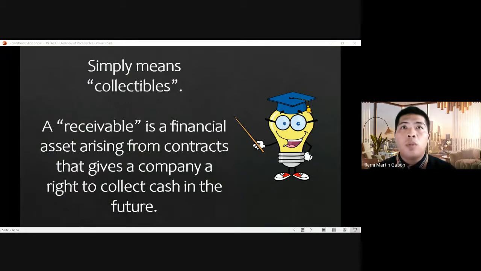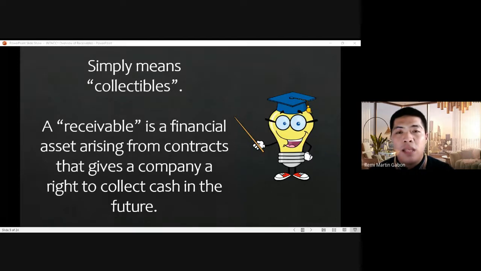If you go back to the basic accounting equation, assuming equity is 0, asset is equal to the liability. Because in a contract, someone will have the right to receive and someone will have the obligation to pay. So we are talking about the asset, the receivable, and on the other side, the liability, which is the payable. So a receivable cannot arise